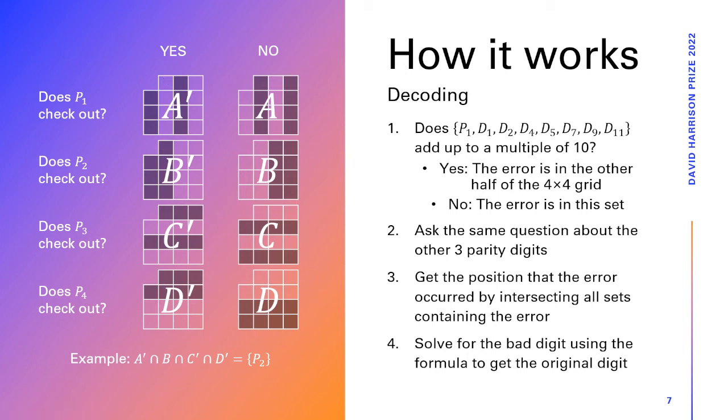The decoder then asks the same question about the other 3 parity digits. And at the end of this process, the decoder will have 4 yes or no answers. And then it notes down the sets where the error could have possibly occurred, then it simply intersects those 4 sets, and that will give a single element that points you to where that error has occurred. If you look at this example,